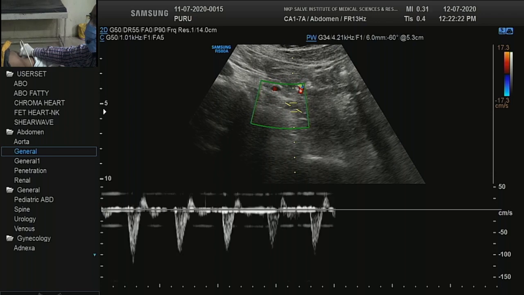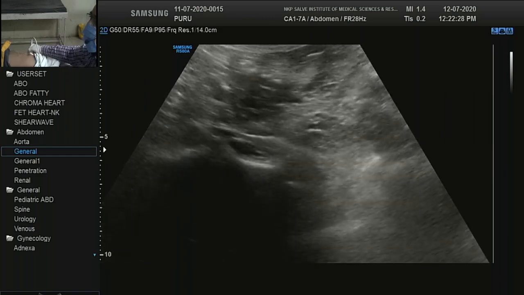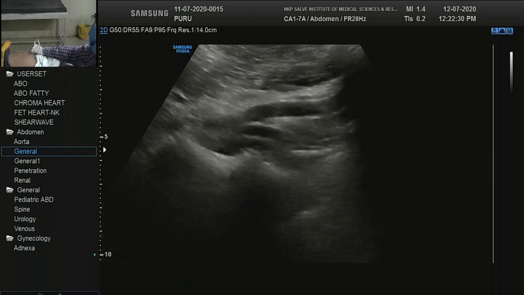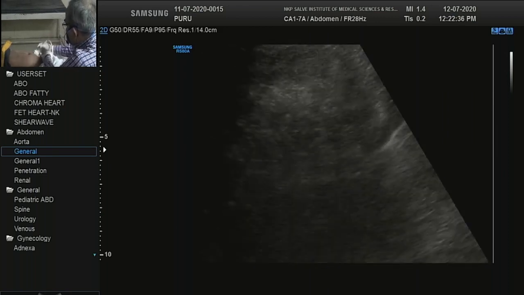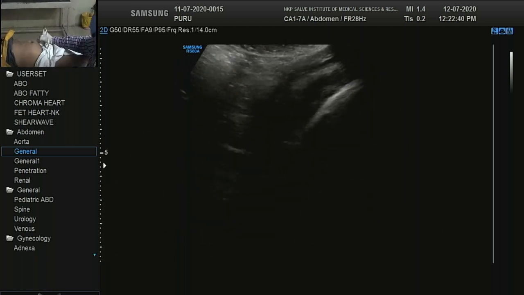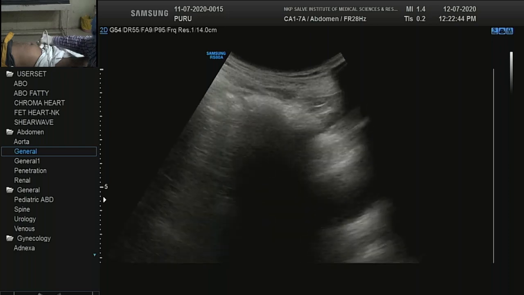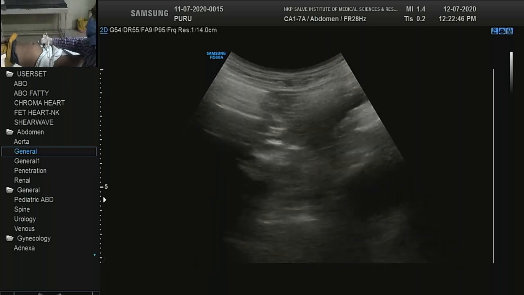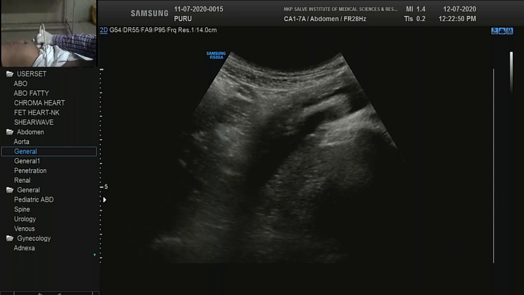Now you see it better. Common iliac evaluation is sometimes difficult if you don't see it. Iliac artery just above the inguinal ligament is the very simple location to see. You see the external iliac artery and vein here. Simply make a long section above the inguinal ligament. You see artery and vein both.